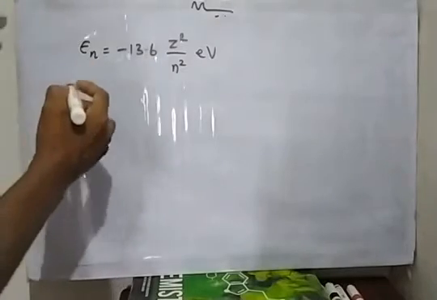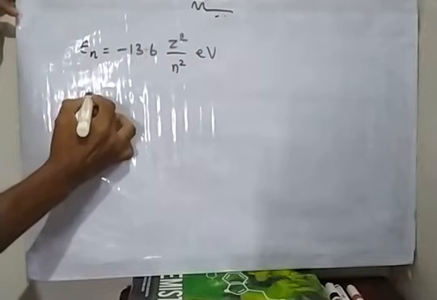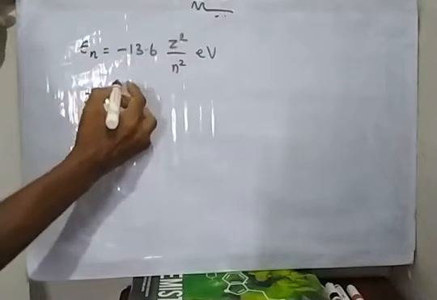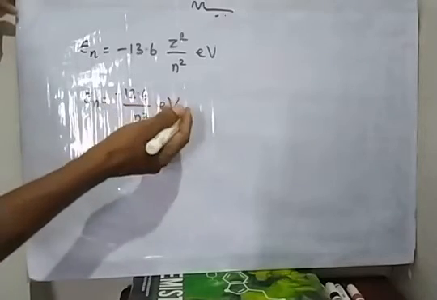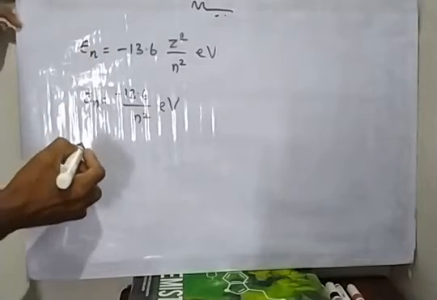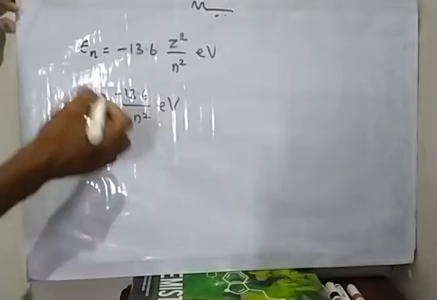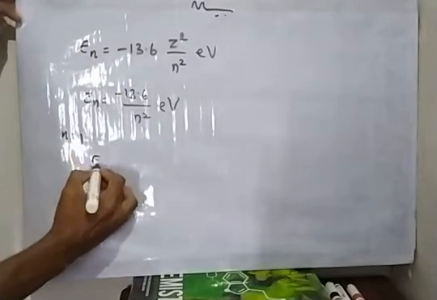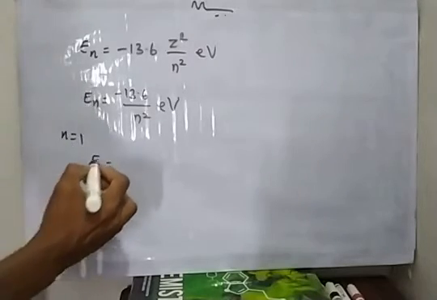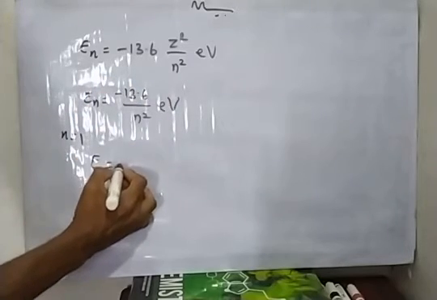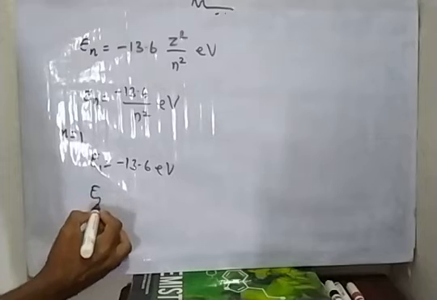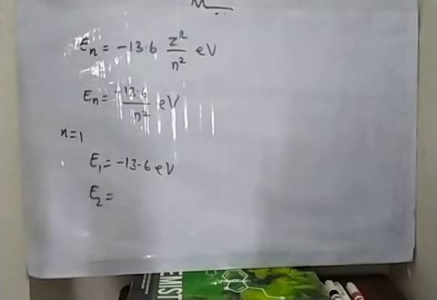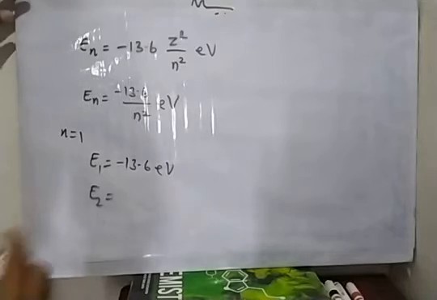Suppose if we take hydrogen atom, for hydrogen atom Z is equal to 1. Therefore, energy of the electron in the nth orbit of the hydrogen atom is given as minus 13.6 divided by n square electron volt. We have already discussed these things. When n is equal to 1, that is the electron is in the first orbit, the energy E1 is minus 13.6 divided by 1 square, that is minus 13.6 electron volt. Similarly, when n is equal to 2, E2 is minus 13.6 divided by 2 square, that is minus 13.6 divided by 4, which is equal to minus 3.4